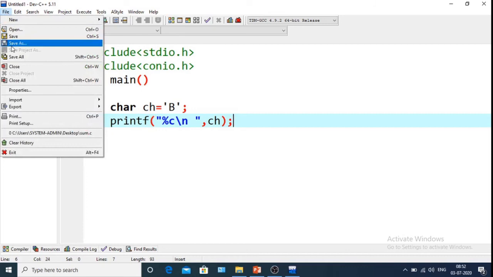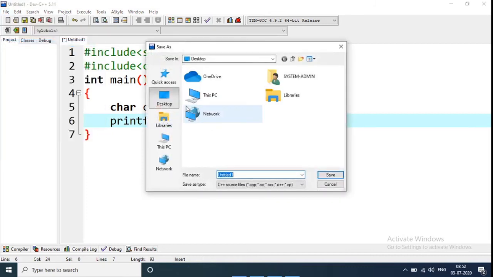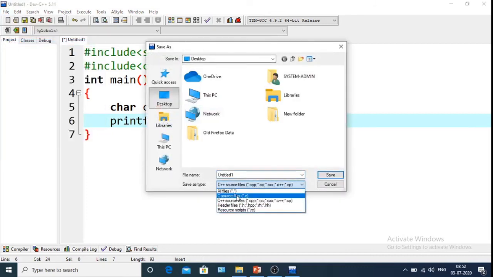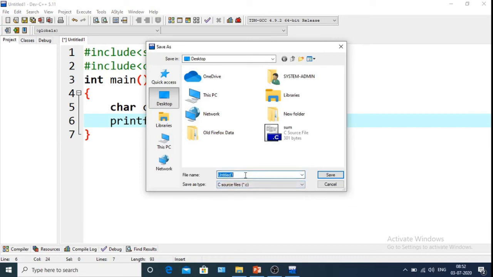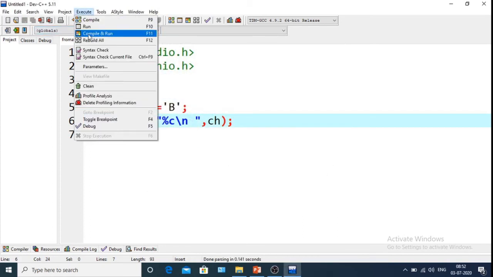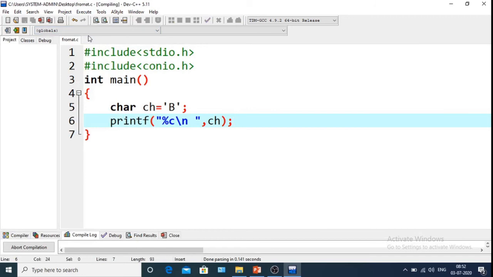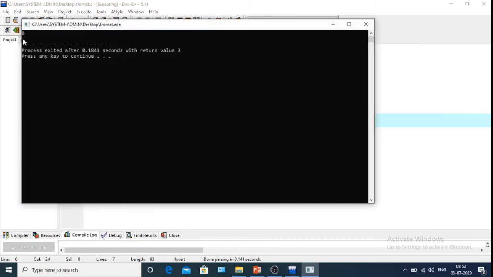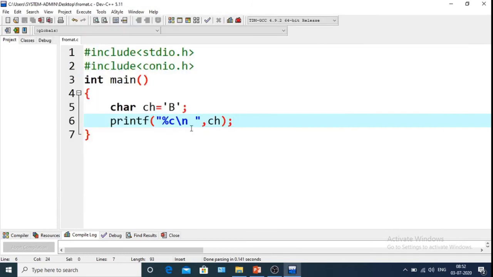First, I will save it as a C source file. Compile and run. As you can see, B has been printed. So this is the format specifier for character in C.